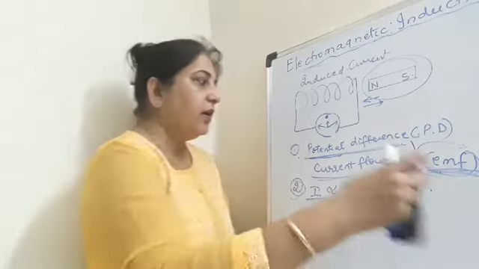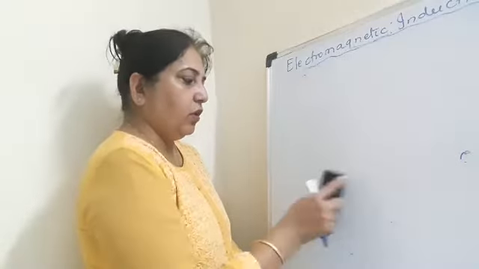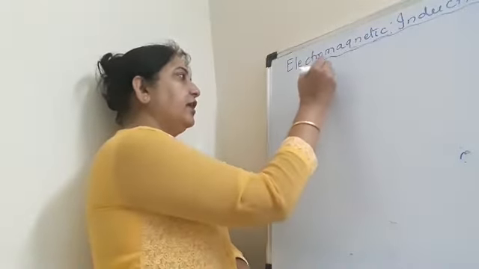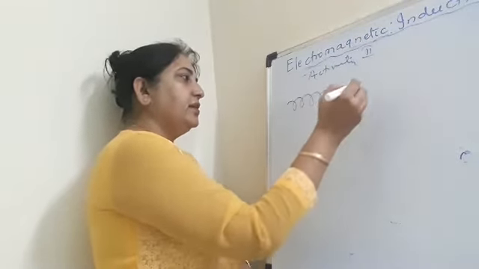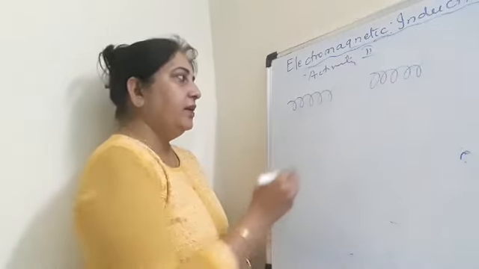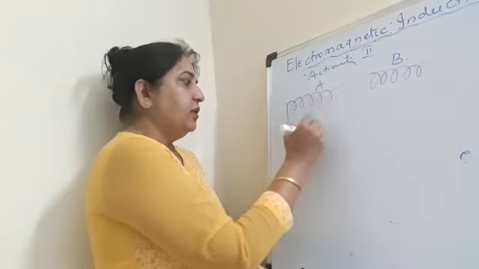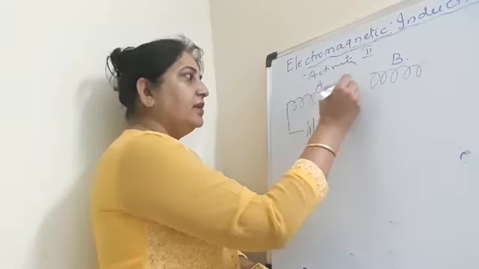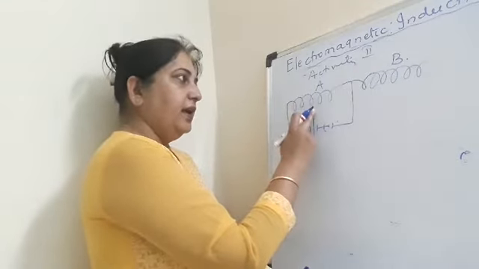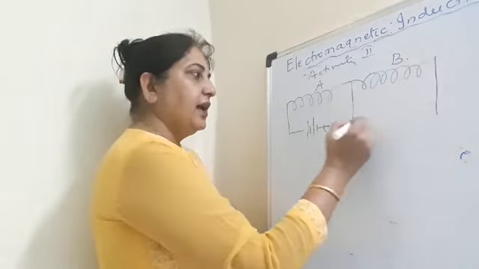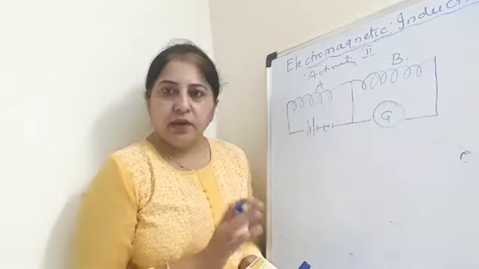Right. Now there is one more activity. There are two coils in this activity, which is given in your textbook. Activity 2. We take coil A and coil B. The first coil we attach to the battery and the key, and the second coil, B, is connected to the same setup, that is A. A and B are connected, but B is attached to a galvanometer. The galvanometer will detect the presence of the current.